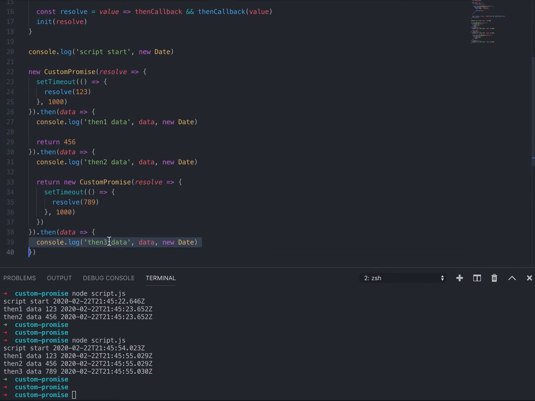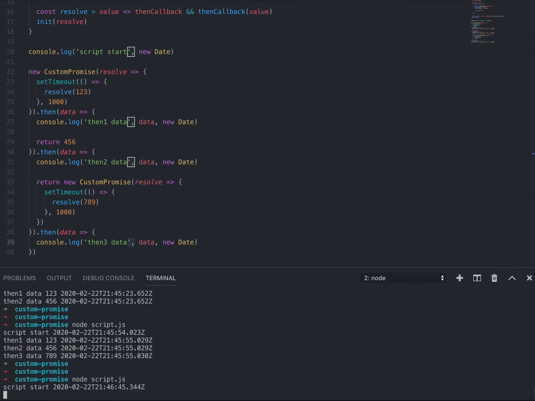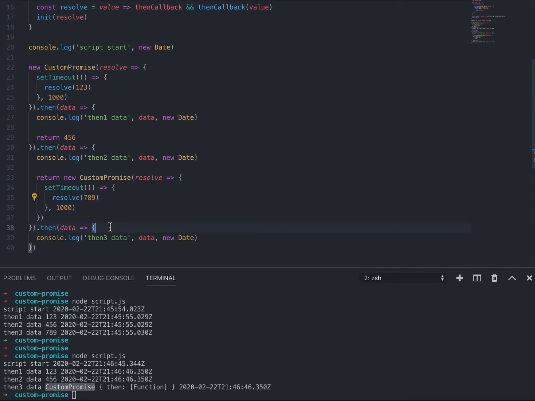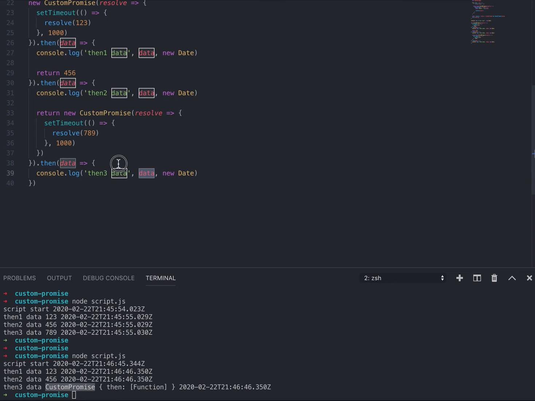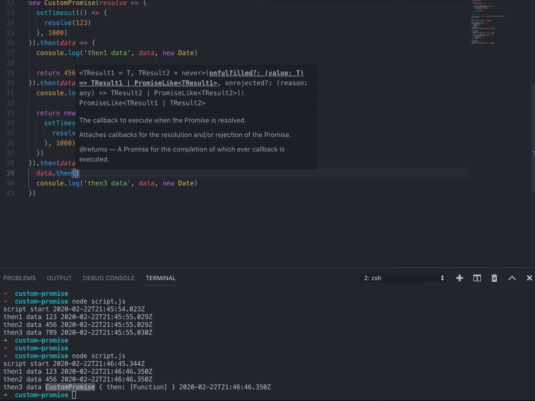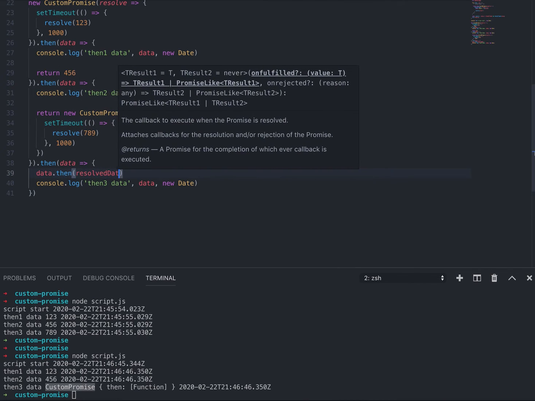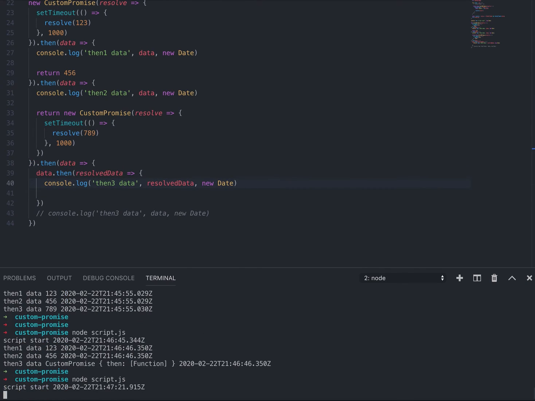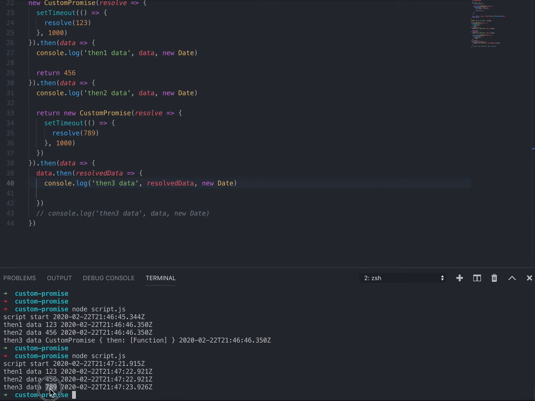What will this console log show us? It shows us that data is not this value, but it is a promise, and it is logical. So to receive this value, we can write such a thing, data then resolve data, like this, and just print out this result data. Yeah, but